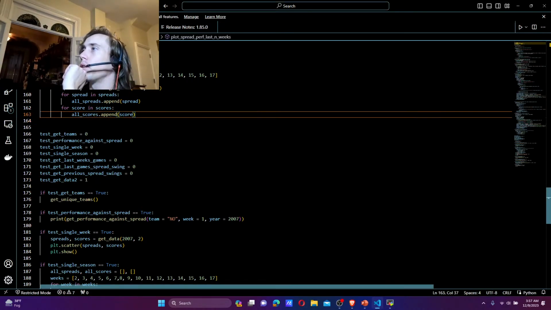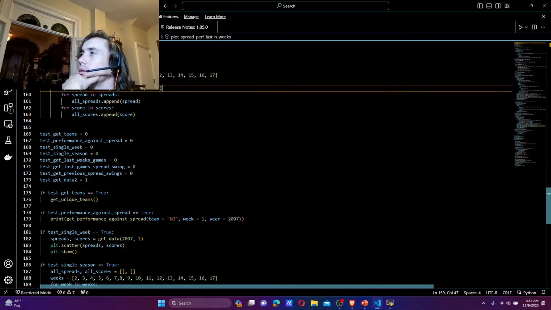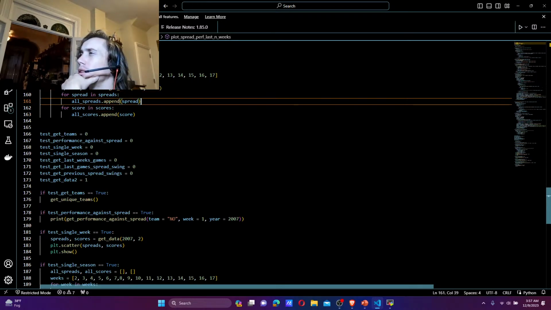Plot spread performance in last n weeks. Week equals that for week and week. Spread scores equal to that. Spread scores